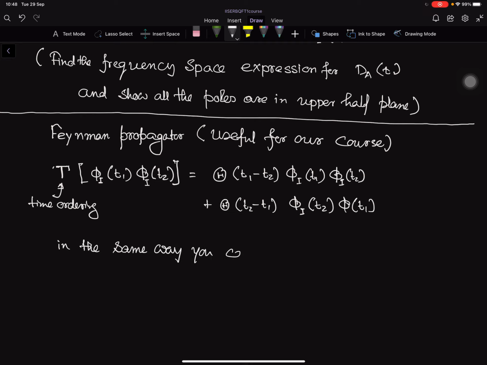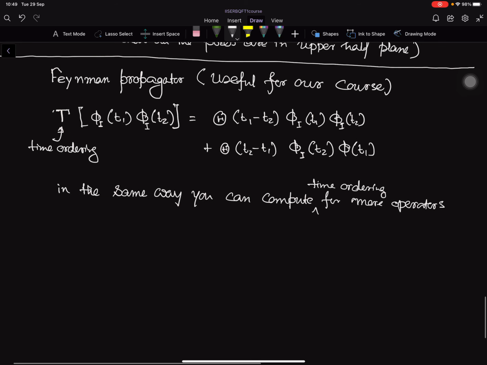you can compute time ordering for more operators. For the current issue at hand, the thing we need is basically the 2-point function, the time ordering of 2 operators, and the Feynman propagator is defined as